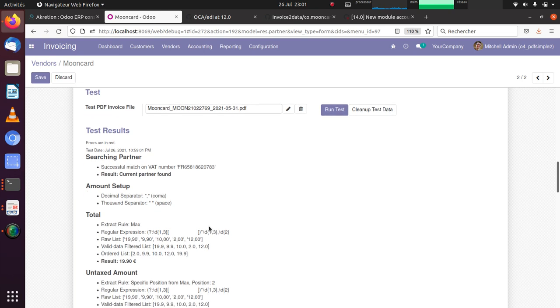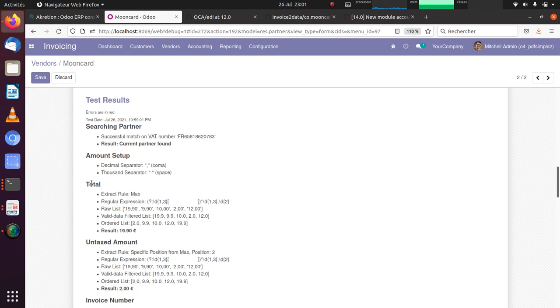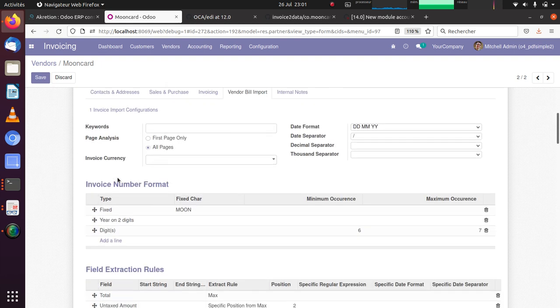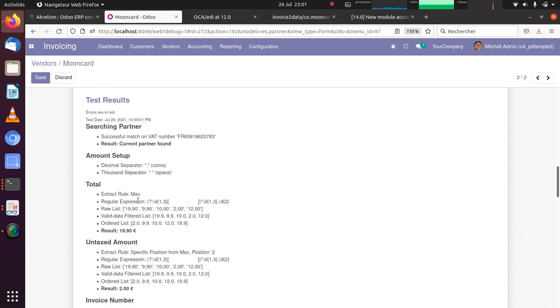Okay, good. Then total amount. Extract rule max. Regular expressions, that's a bit technical, you can skip this information. The raw list, that's all the numbers it managed to extract from the invoice. For the decimal part, it used the configuration of the currency, so the invoice currency that you configured here, or if it's empty, the company currency.